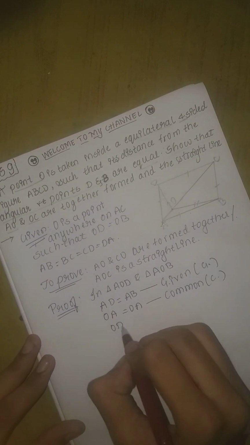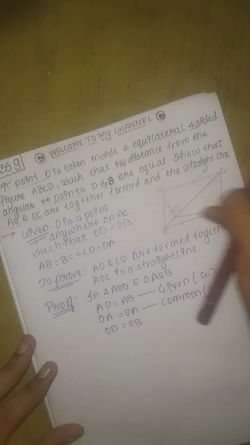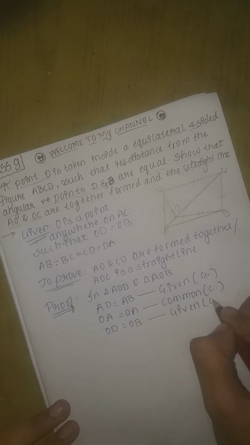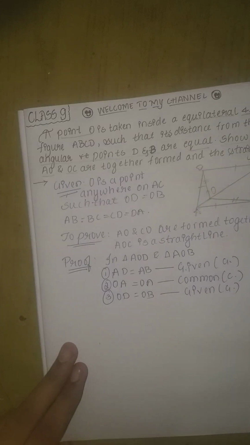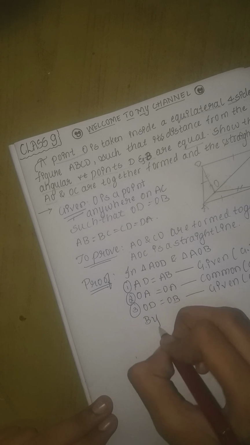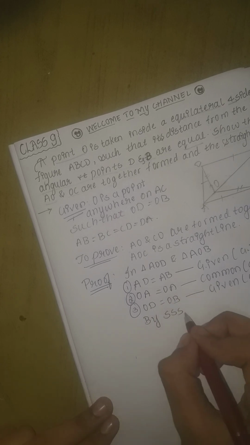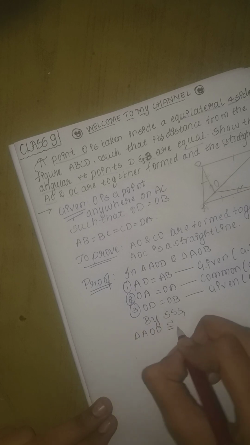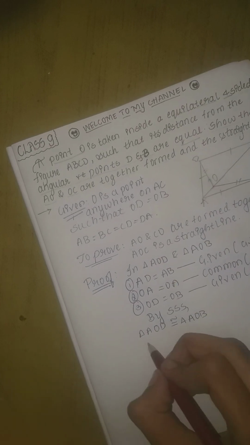And OD equals OB. This is also given. G. Okay. So we have the first condition, second condition, and third condition, which satisfies which rule? Yes, SSS. So by SSS criterion, triangle AOD is congruent to triangle AOB. Right? So by